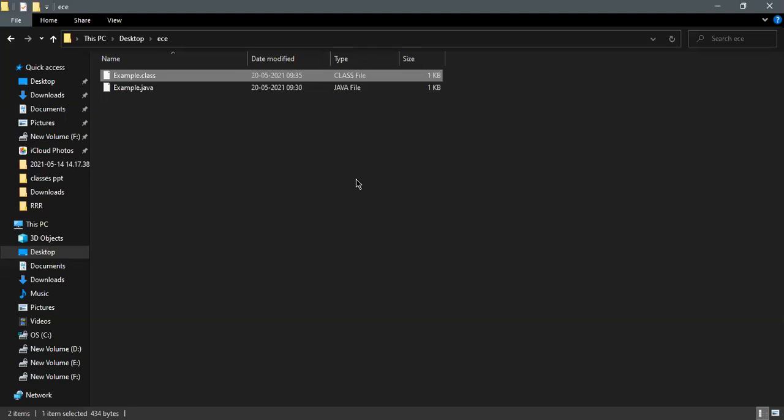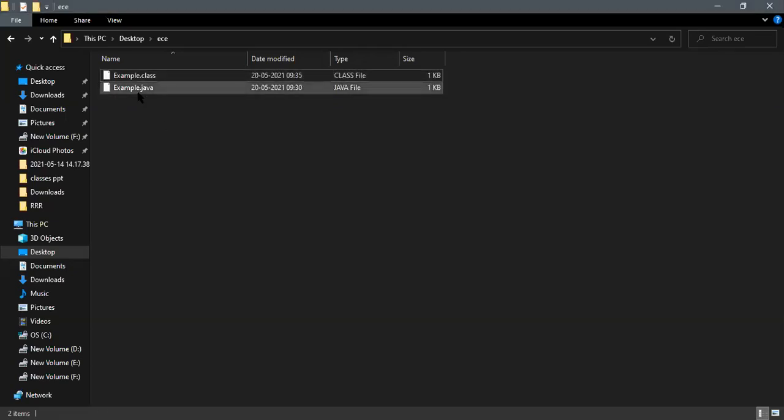I'm going to share this one. Wait a second. See this one. Here inside this folder, my program exists. I'm going to copy this address bar. I'm going to copy the path, we'll call it the path, and then we go to the command prompt.